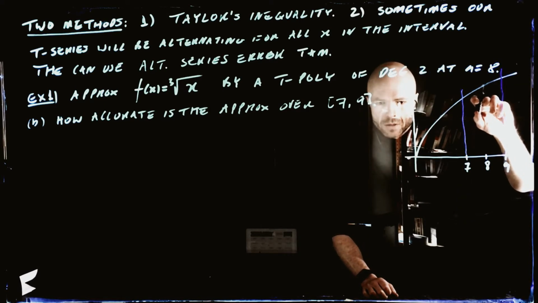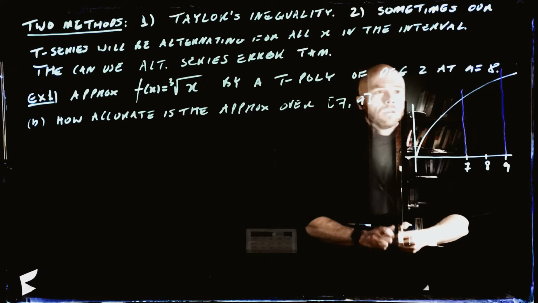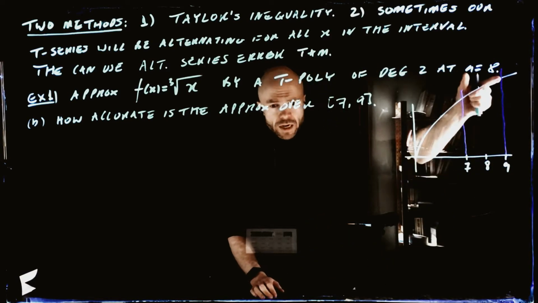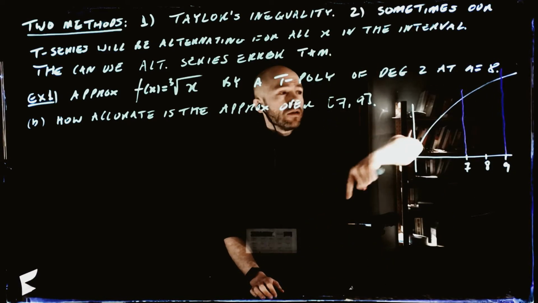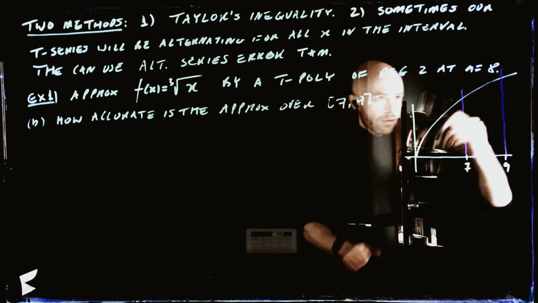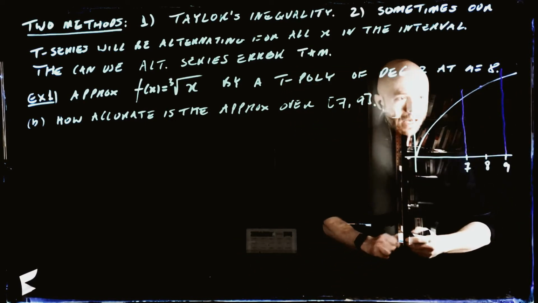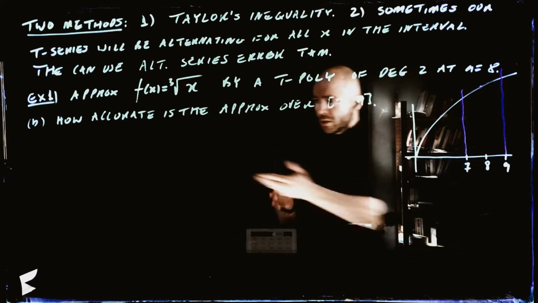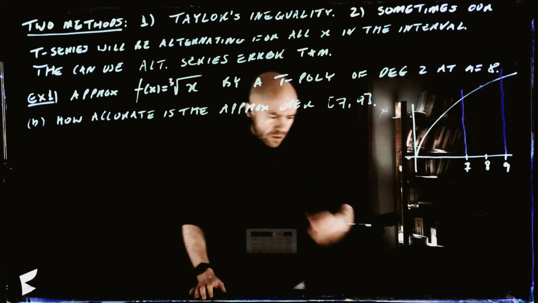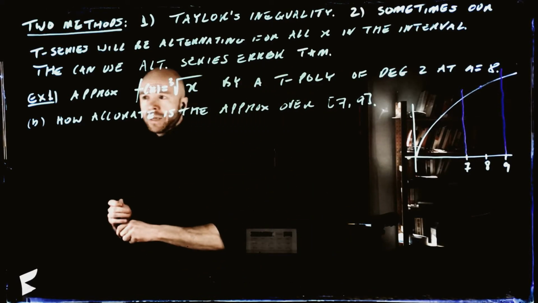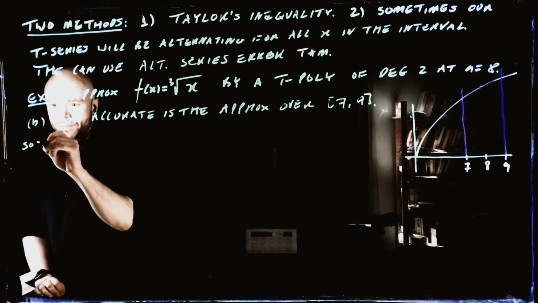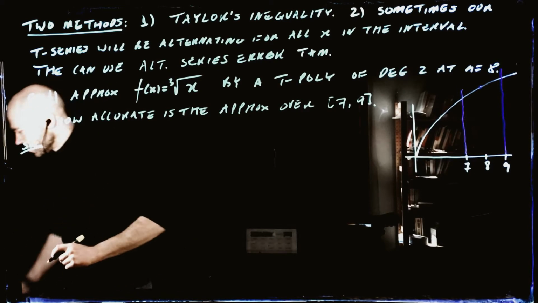Yeah? And then we're going to see how close this Taylor polynomial we use to approximate is going to be to the actual function. Yeah? And I'm not going to tell you which method we're going to use. We're just going to go into it, and then you tell me which method we can use. All right, so solution. First part